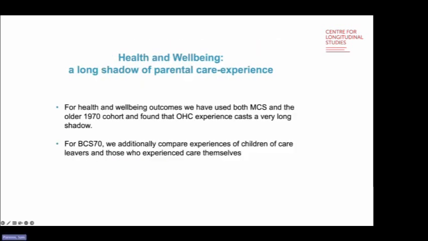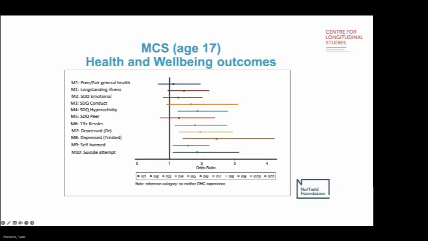So turning to health and well-being. For these outcomes, we've used both MCS and the 1970 cohort. And here we do find that care experience casts a very long shadow. And again, for BCS70, we additionally compare experiences for those who have experienced care themselves. So first off, for MCS, here we find stark evidence of mental health problems and a risk of self-harm and